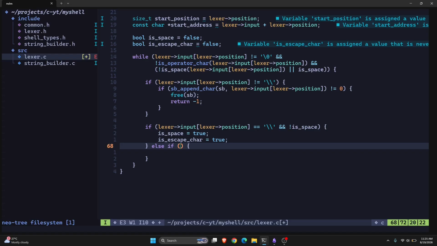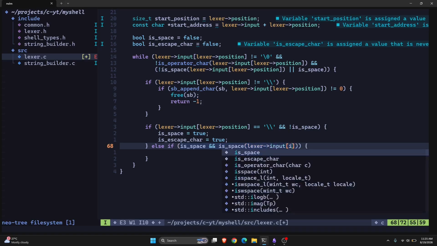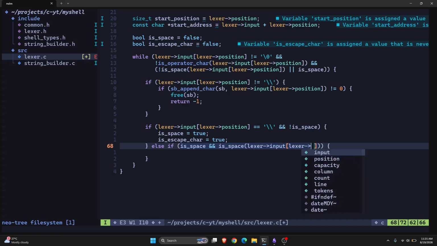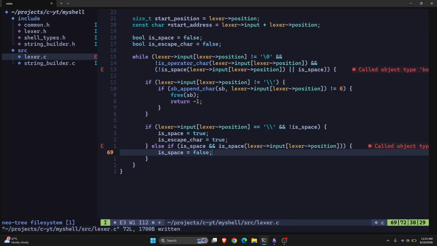So how we're gonna do that? If is space is true, and if it's a space, lexer input lexer position, then we have to make is space false. Now you must be wondering why I'm not making is escape character false, because we are going to need that later while adding the length of the token and all that. So that's why I'm not just